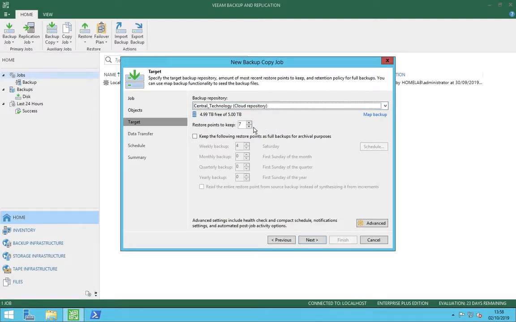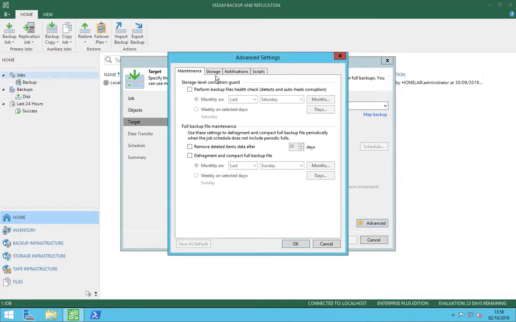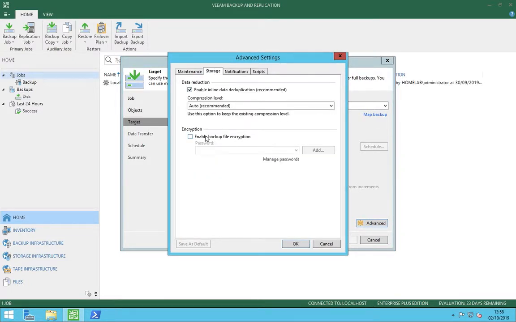You do want to keep a few in case you did get a virus or any corruption, but beyond 7 is probably negligible return on investment. One thing you could do if you did want to is keep some archival backups, some GFS backups, and they can be weekly, monthly or quarterly. Do discuss that with your account manager because that will obviously increase the amount of storage you need in the cloud quite considerably. One thing before we move on, you need to go into advanced here and just make sure